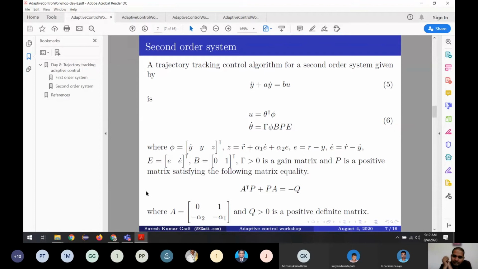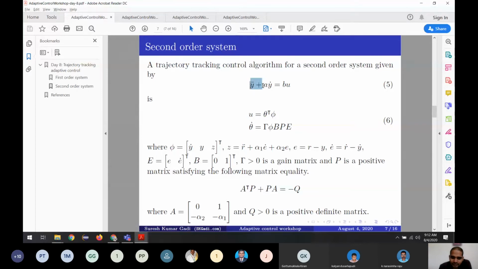But if you are not very much into the mathematics, or if you are not too much into understanding the control part, you don't have to worry about how the algorithm works. But as an engineer, we should be able to understand how to implement this. So let us see what the problem says.